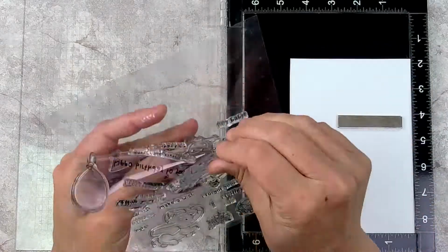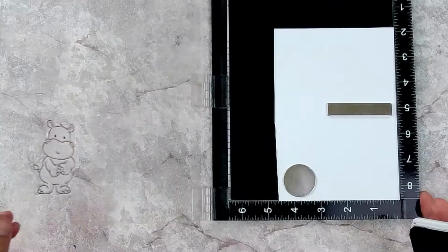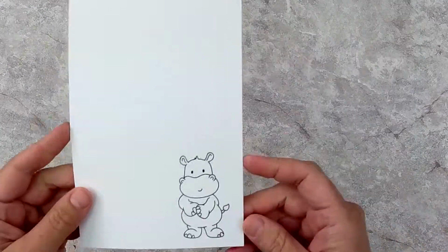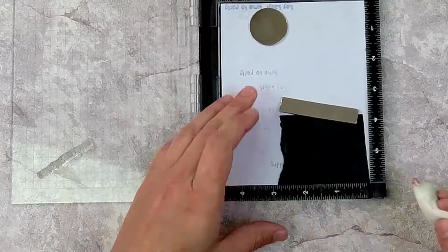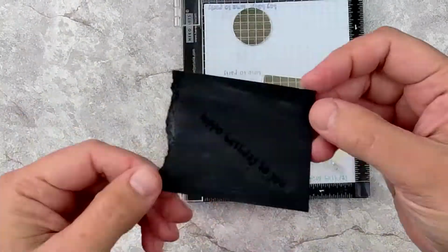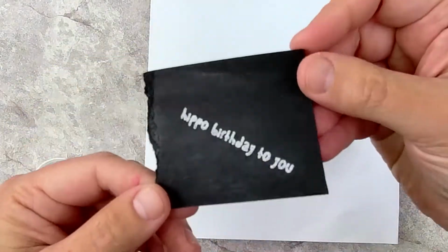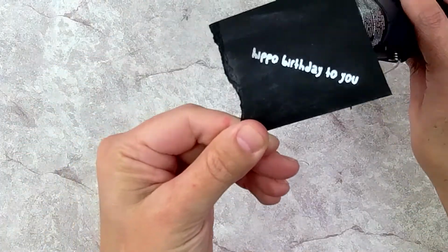For my second card, I'm going to be using that hippo, so I'm going to be die cutting this, which means I can just stamp that hippo in the corner of my cardstock. So I stamped that in black shadow ink, and I'm going to do all the stamping at once. So I'm stamping my sentiment in clear embossing ink on black cardstock, and I'm going to be heat embossing that